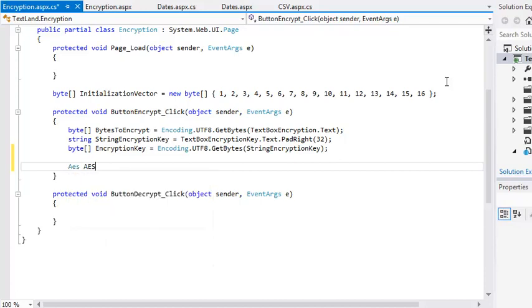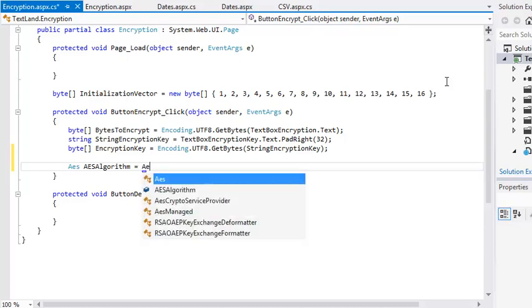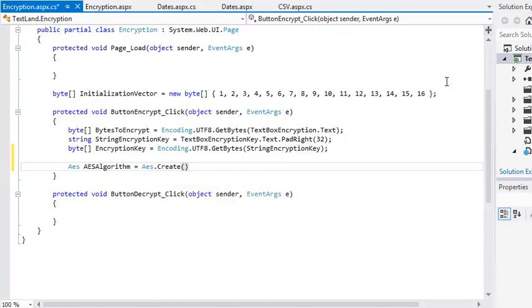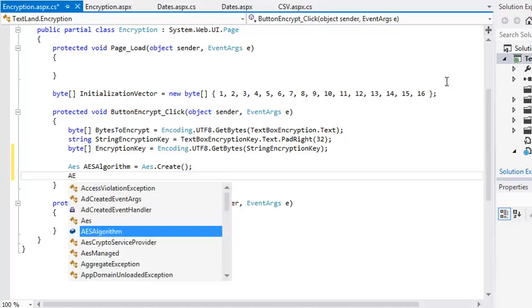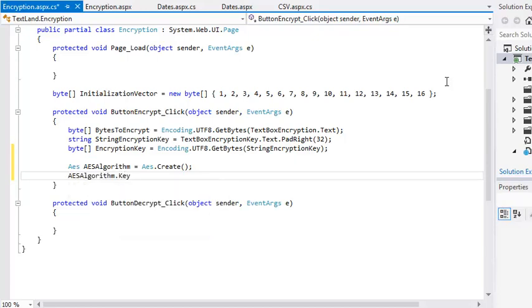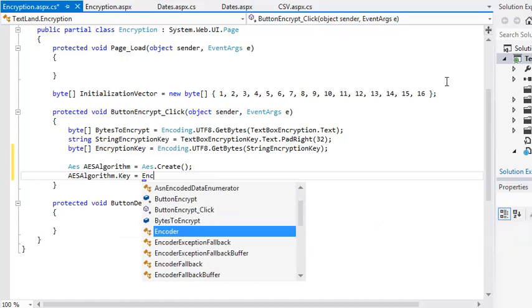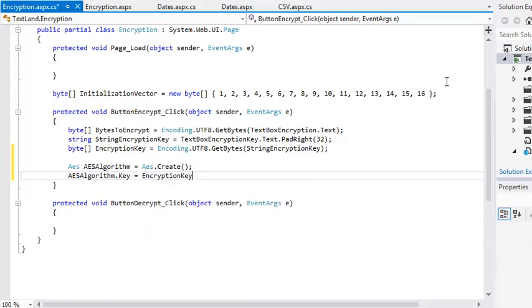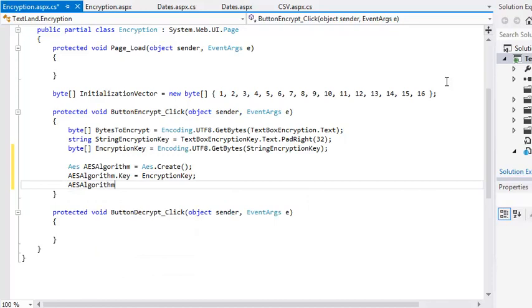AES algorithm equals AES.create. AES algorithm dot key equals encryption key. AES algorithm dot IV equals initialization vector. This code creates an AES object and sets its encryption key and initialization vector to the values that you prepared